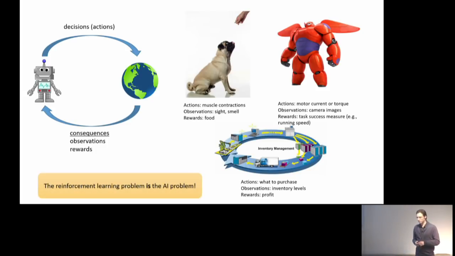In fact, the reinforcement learning problem is actually a generalization of any other machine learning problem. I picked these out because they're a little bit more physical in nature, but you could also imagine, if you were so inclined, to take a classification problem and reframe it as a reinforcement learning problem. You can say, well, in image classification, your action is the label that you output, your observation is the image pixels, and your reward is high if you classified it correctly and low if you didn't. That's kind of a silly way to solve a classification problem because it's needlessly complex, but you can do it that way. And the point of that thought exercise is to really understand that reinforcement learning actually generalizes many other